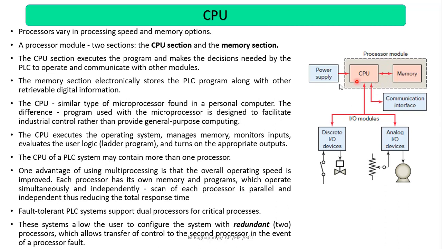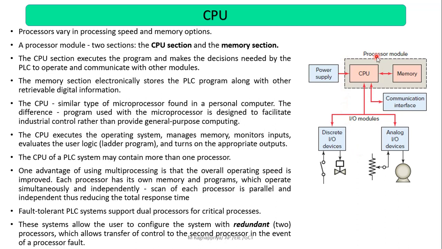If you look at this diagram, we have different types of IO devices. It takes input, then it is given to the CPU, which processes it, and of course it will be stored in the memory. Once the processing is done, it generates output. That output is then given to the output devices. So this is how the flow works.